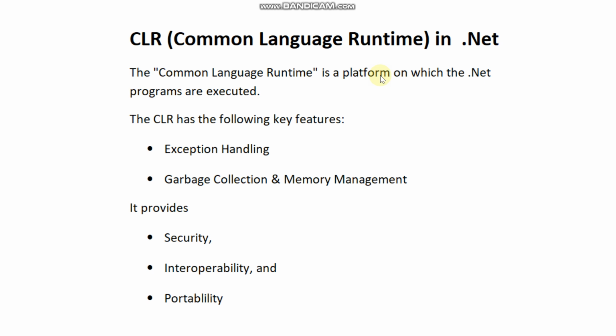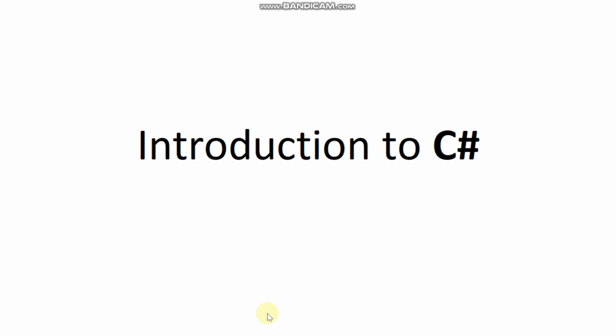Portability: applications built on .NET Framework can be made to use or work on any Windows platform. That is portability. Next, introduction to C#. .NET Framework provides many languages inside it, and C# is one of them. C# is an object-oriented programming language. C# has its roots in the C family, and the language is close to other popular languages like C++ and Java.